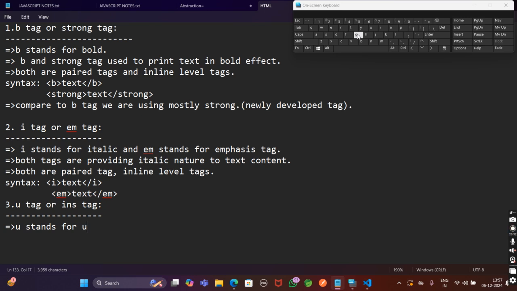U stands for underline, and ins stands for insertion. And next, both the tags